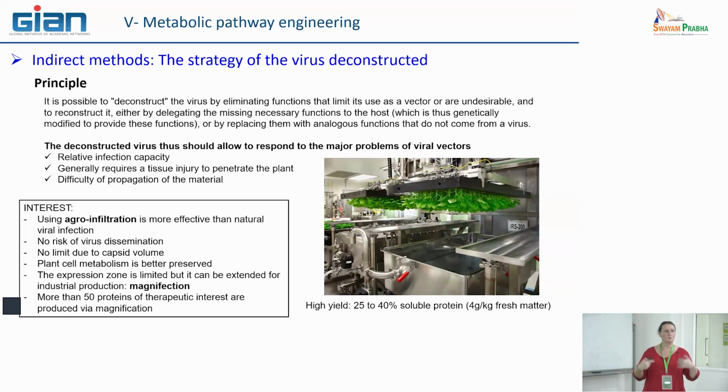And at the end, you just have to harvest the fresh biomass in order to purify what you want to purify. Here it's for protein, but you can imagine, and there are some assays being developed now, to implement several transcriptional factors or really metabolic genes that are involved in metabolic pathways, not only to produce the protein, but to produce enzymatic activity that could lead to production of a high amount of metabolite in these plant cells.